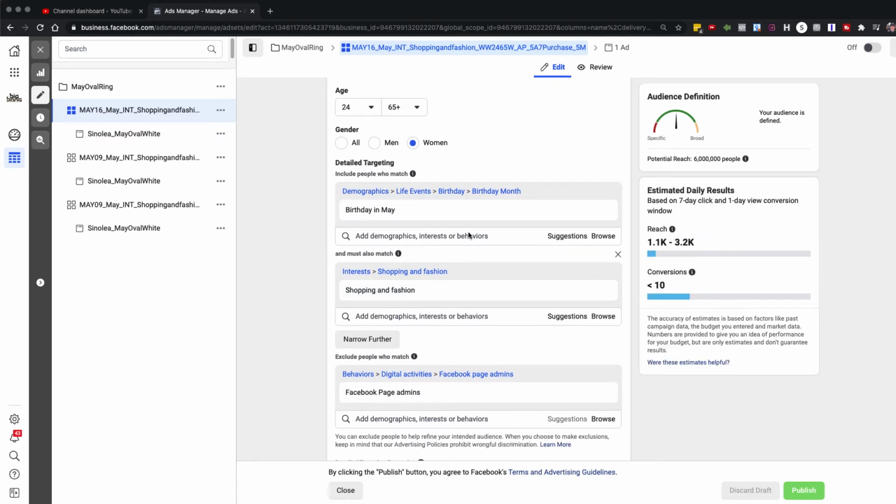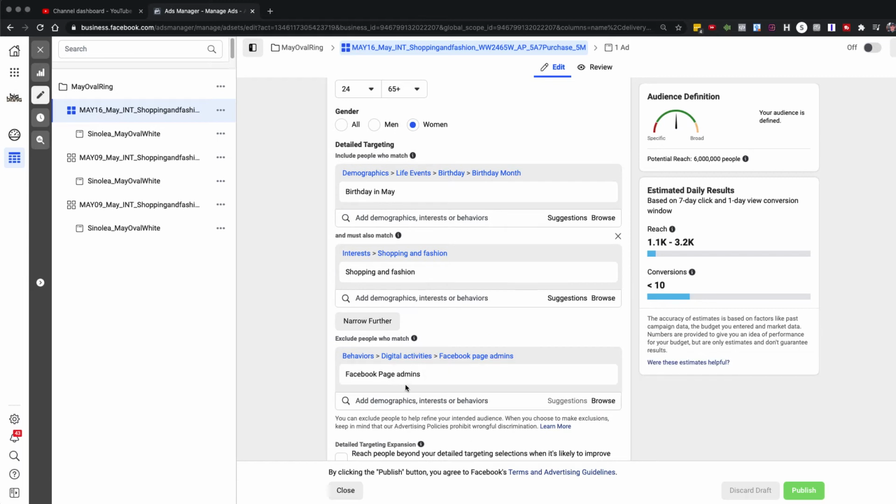So what I did here was this is what you call intersecting. So instead of doing one broad interest, I chose one broad interest. This ring just happened to be a birthstone ring for anyone born in May, so I chose people who have a birthday in May. And I broke it down to a smaller group and said people who were interested in shopping and fashion. And I also excluded Facebook page admins, because at the time what I wanted to do was